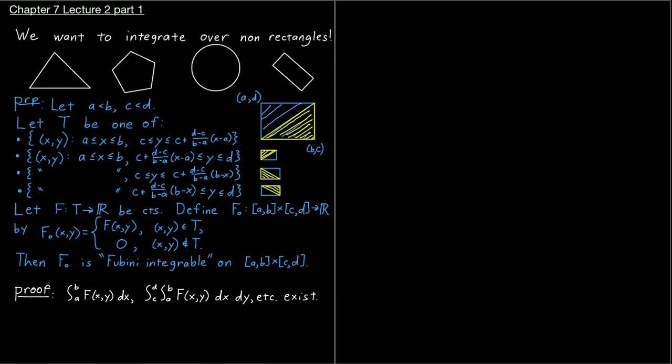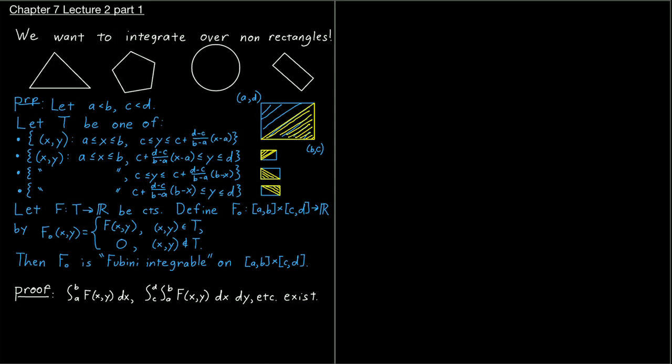This is not too hard to prove, and it's pretty similar to the argument we had to make in the case of integrating a continuous function over a rectangle. The fact that it's a triangle doesn't make your life much more difficult, so I do not want to go through that again,